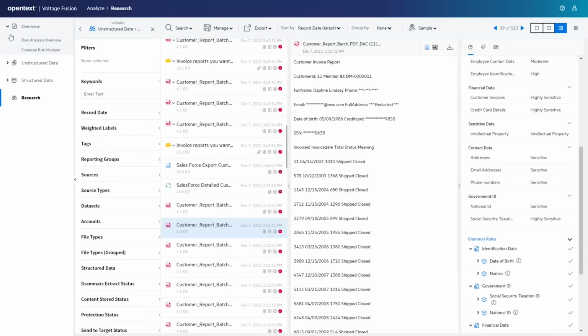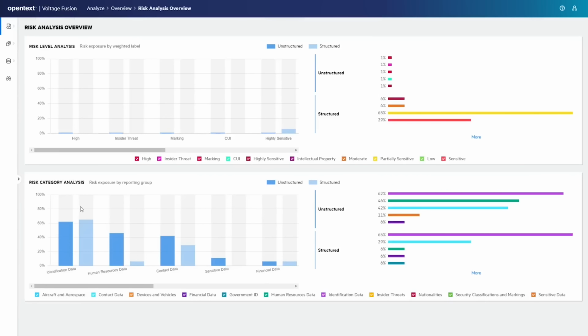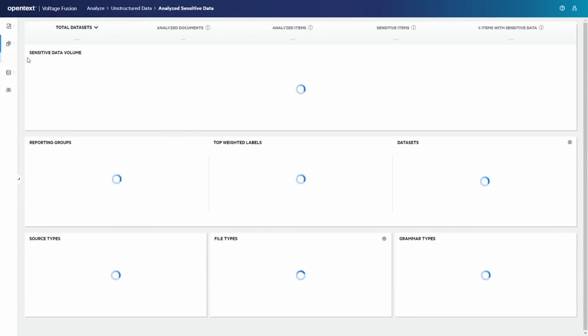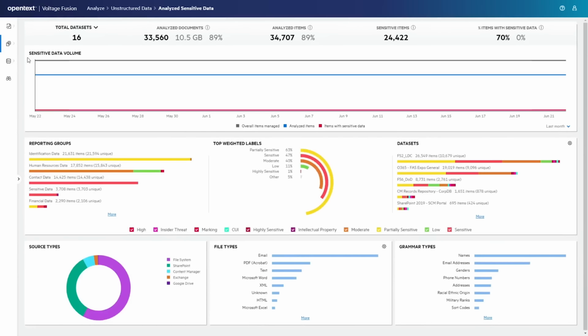Perhaps we want to see everywhere Fusion found identification data in our structured data sets. We'll be able to see the data set and table that contains sensitive data pertaining to PII and down to which columns. Fusion offers a variety of rich dashboards to better understand your data and where risk lies within your data sets,